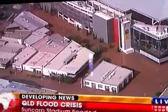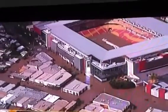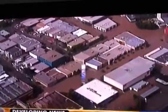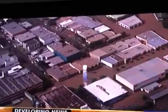But you can see there all the buildings are just completely surrounded by water. And you're talking about an area that's less than 2 k's from the heart of Brisbane. And poor old Suncorp Stadium looking the way it never really should. And as you said, a densely populated area, plenty of homes. There are shops, stores around there as well. And you can't even begin to imagine the damage that is being caused and is about to be caused as that